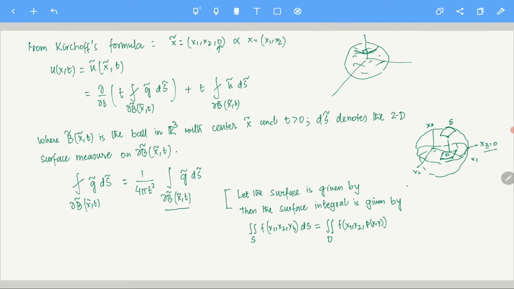Let me write it like this. x3 is p of x1, x2. Let's say that's your surface. Okay, so x3 is given by p of x1, x2, the graph of some function p, and then you can write it like this, and of course, due to this change of variable, you have this, you know,